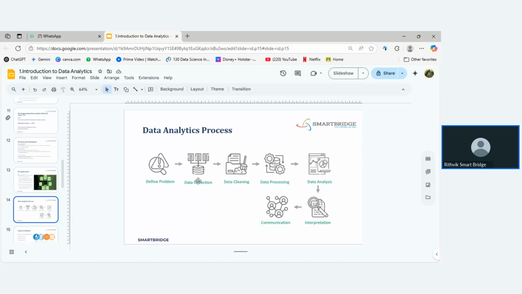We are going to collect the data of the past 6 months, their history, score, and everything. Then we'll clean the data: missing values, duplicates. Then we'll deal with irrelevant data. Then we do analysis, which means we take the top 10 cricketers. That's simple. In interpretation, we take the insights of the data, who is best for that particular situation. Then we go to communicate, which means we choose who is going to be best for that.